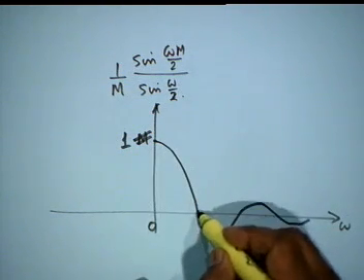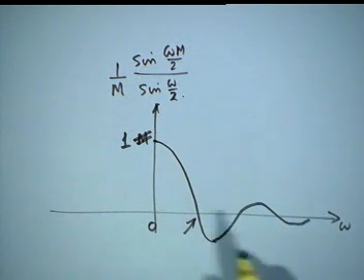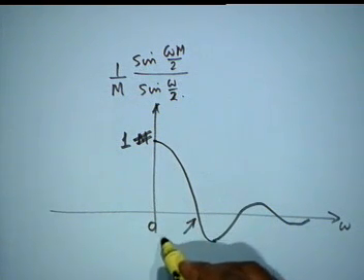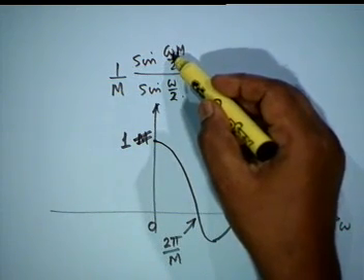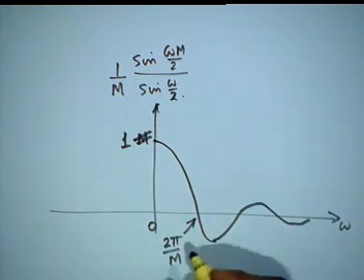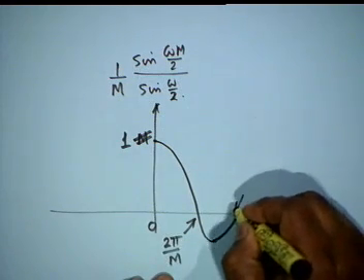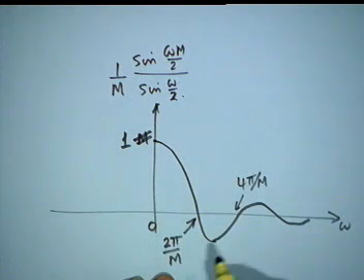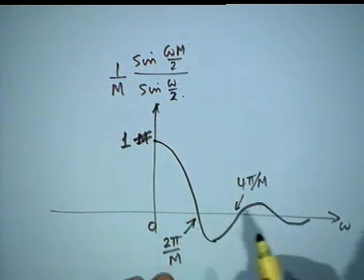Now, up to this point, where does the first 0 occur? When the angle becomes equal to pi, that is, this would be 2 pi by M. Omega equal to 2 pi by M will make this equal to pi, that is the first 0. At omega equal to 2 pi by M, the denominator remains non-zero. Then this angle would be 4 pi by M, and so on. At every such transition, the phase shall change by pi.